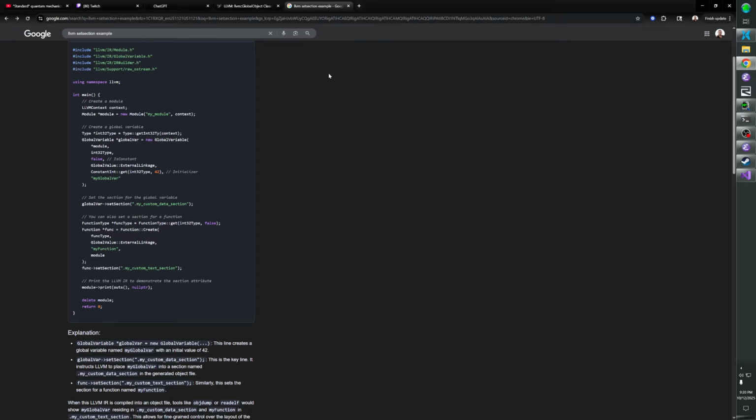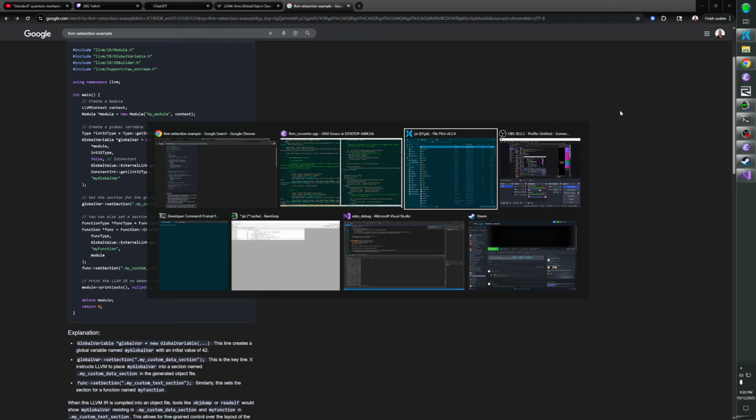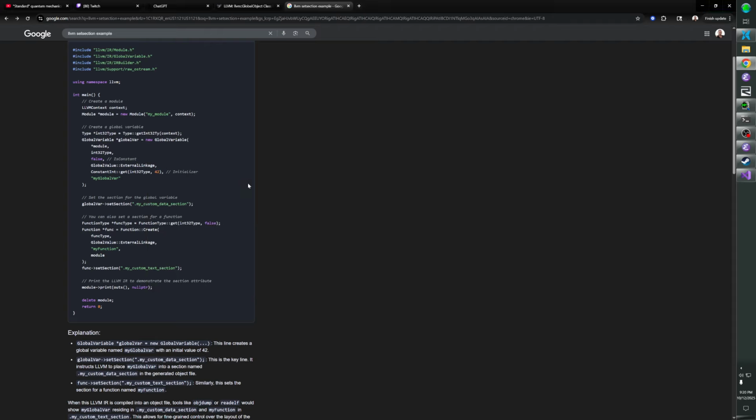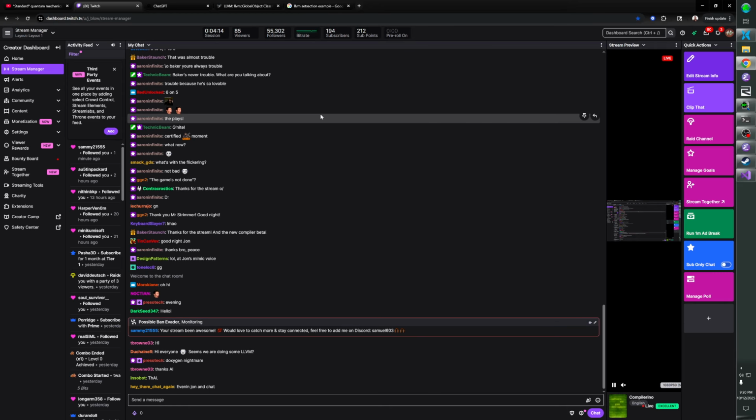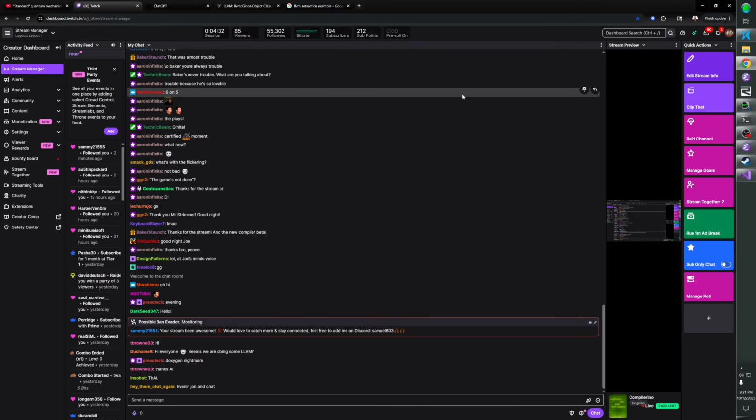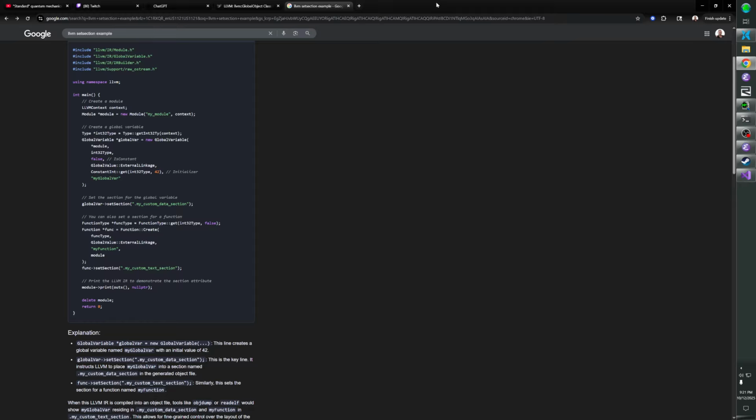All right, we're going to read chat on the main computer because I've got no Wi-Fi. So we use dumpbin, but dumpbin has the most